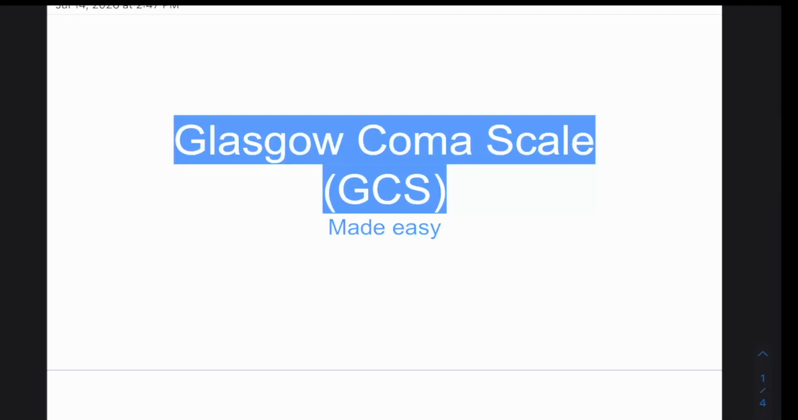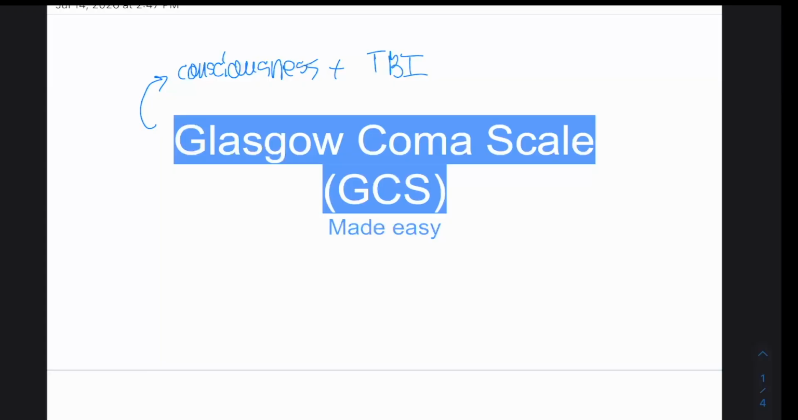Okay, so let's quickly talk about GCS, or the Glasgow Coma Scale. Now, the Glasgow Coma Scale is highly tested, but it's also very relevant in clinical practice when you're evaluating a patient with a traumatic brain injury. And the GCS score allows you to evaluate a patient's level of consciousness and the severity of a traumatic brain